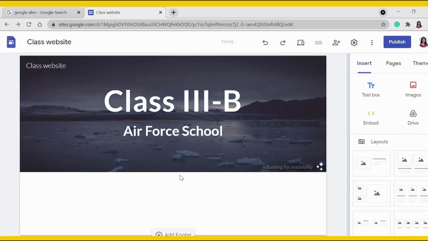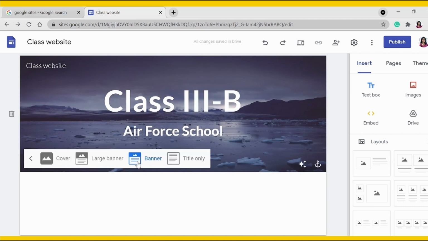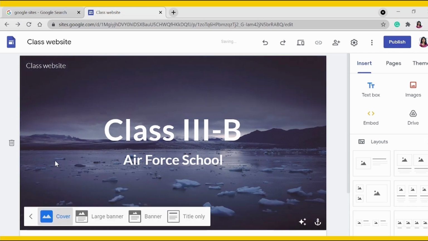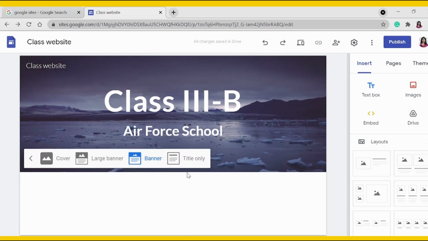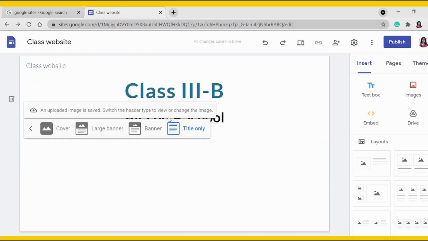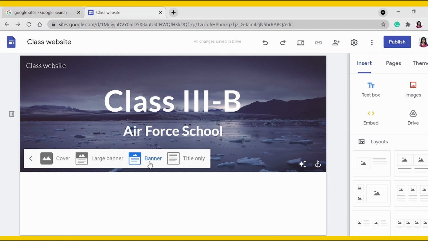Select. Now next is header type. I can change the header type to cover, large banner, banner, or title only. But my personal preference is banner. I will select banner type.